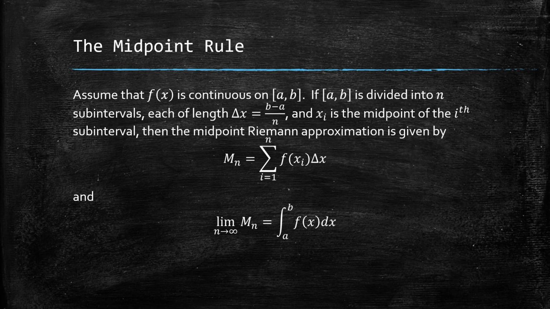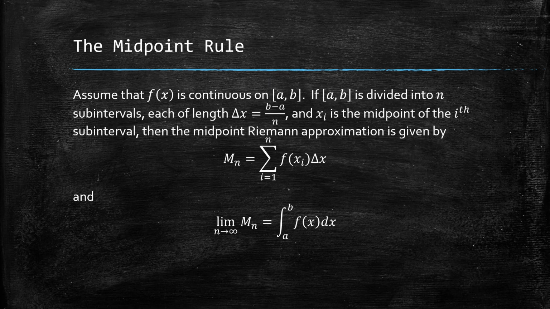So the midpoint rule is very similar to what you've seen before with Riemann sums. Assume that the function f of x is continuous on the closed interval from a to b. If the interval is divided into n subintervals, each of length delta x equals b minus a divided by n, and x sub i is the midpoint of the ith subinterval, then the midpoint Riemann approximation is given by